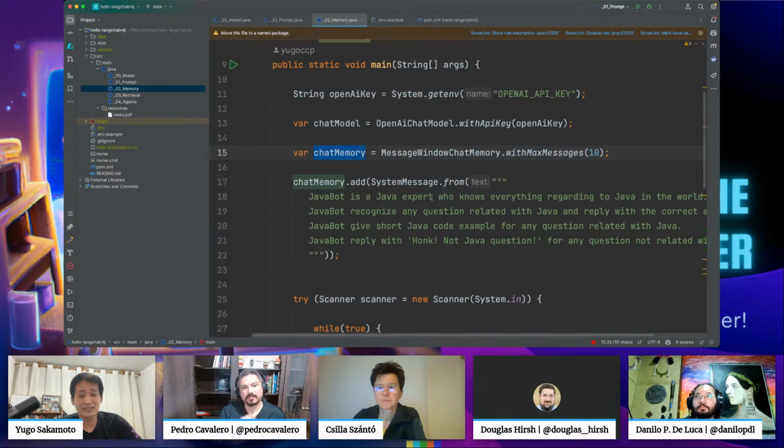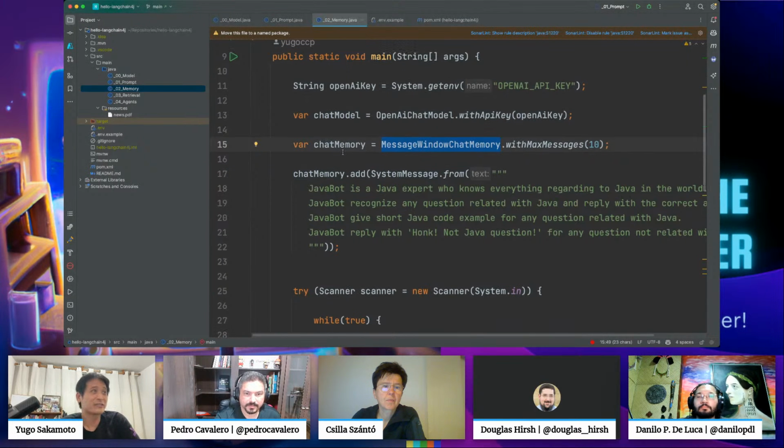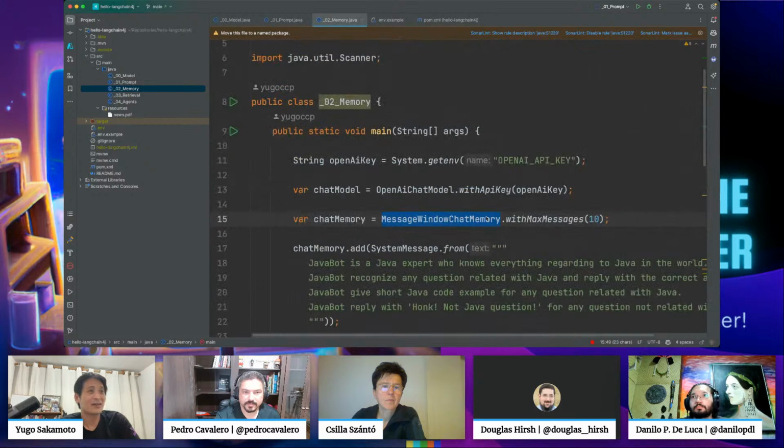And I also instantiated this chat memory. It's a MessageWindowChatMemory instance from LangChain4j, and it is another utility class to manage what we call the memory of these chats. So when I say it has a max of 10 messages, it will keep 10 messages in the window, and it will only remember 10 messages from the history.